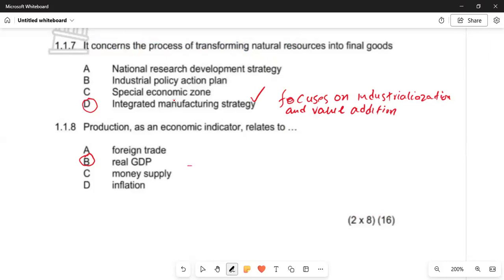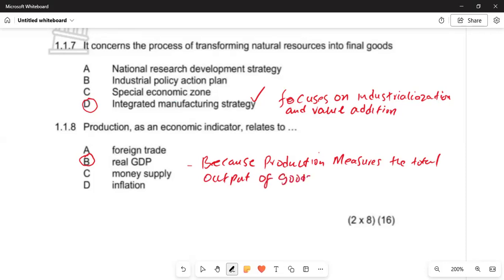It is because production measures the total output of goods and services, which is what the real GDP calculates, adjusted for inflation. So that is that. So now we are going to move on to